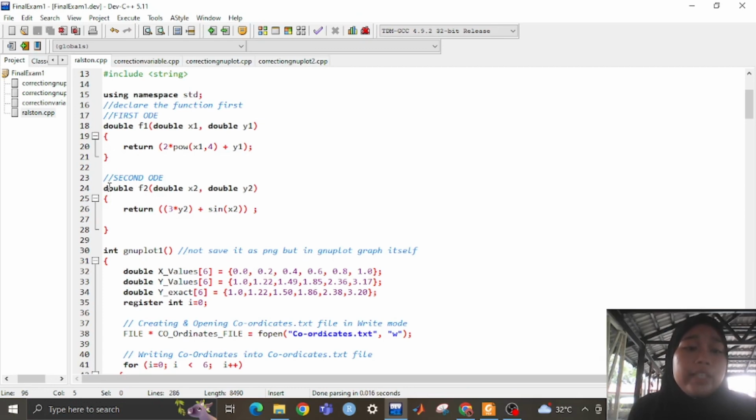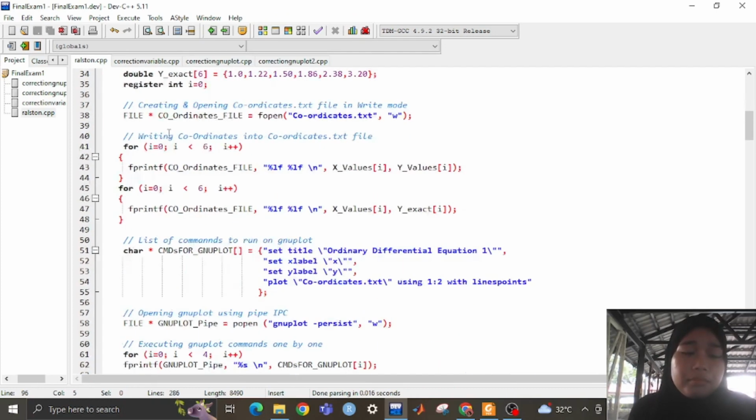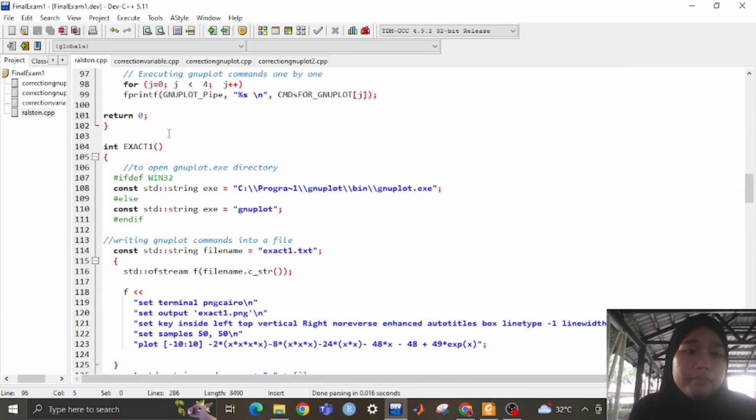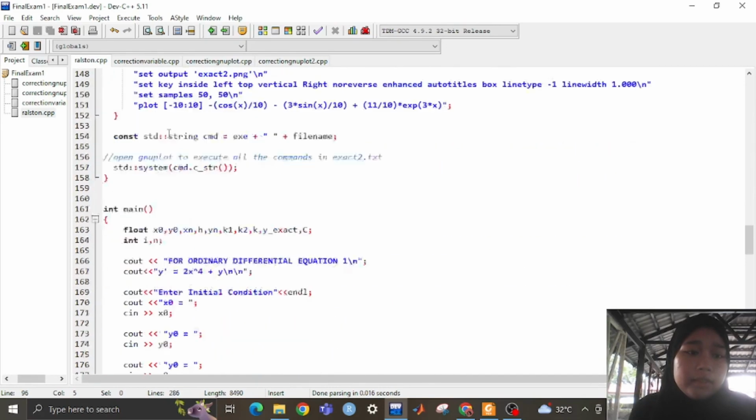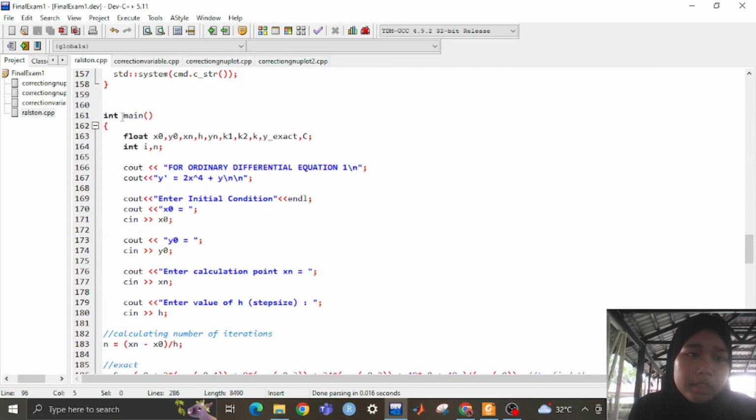We declare the type of it, which is double f2 in bracket double x2 comma double y2. We need to return 3 times y2 plus sine x2, and then we go to the main function. So int main, and then in brackets we need to declare float x naught, y naught, xn, h,